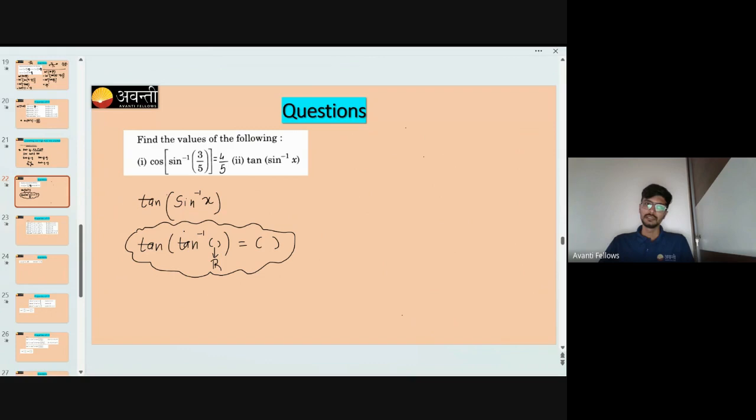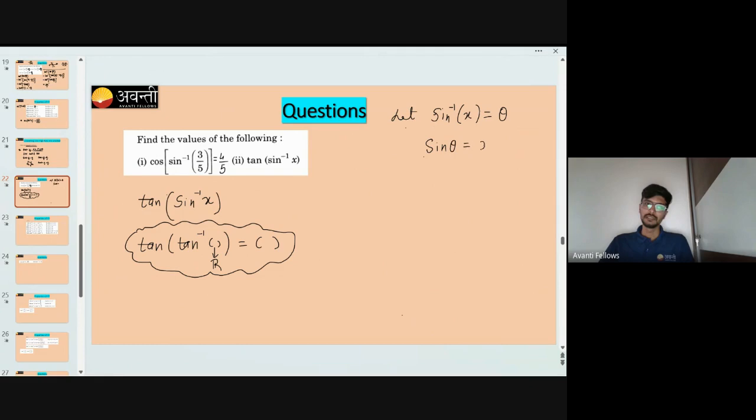ratio into another. What will you use? Triangle बनाओ, answer पाओ. Now let's check this. So let's again take step one. Let sine inverse of x equal theta. Sorry for my bad handwriting. I have very bad handwriting. Please adjust. So if sine inverse of x equals theta, then by definition of inverse, I can write sine